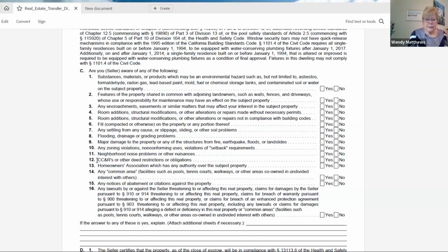All right, so notices of abatement or citations against the property, these are usually city generated. So if there is anything, again, I would just say see HOA docs, because they would have more detailed information. If for some reason you were aware of it, though, as the seller, or not you, the seller, that would have to be disclosed by them, that they were aware that there was an abatement